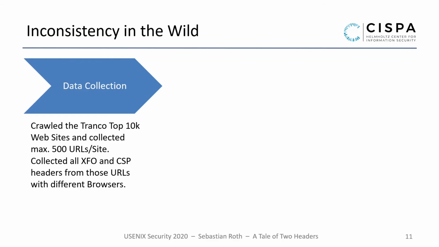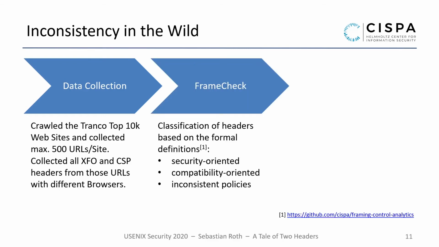We then used our definitions from before in our FrameCheck framework to classify those headers into inconsistent, security-oriented, and compatibility-oriented policies. The source code of this analysis is available at the CISPA GitHub account, but for now let's have a